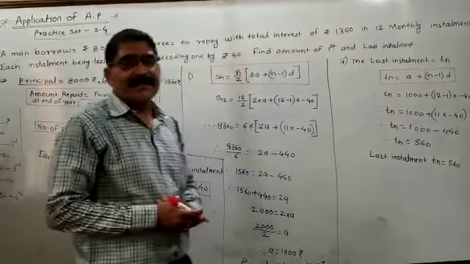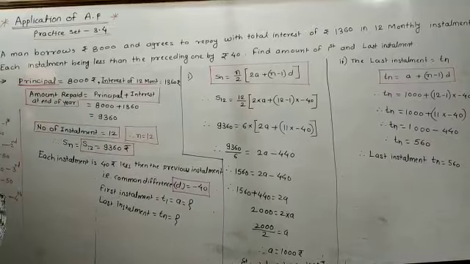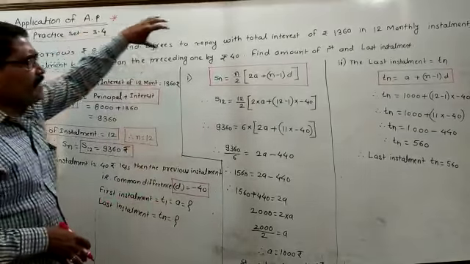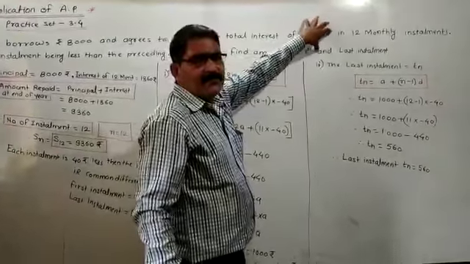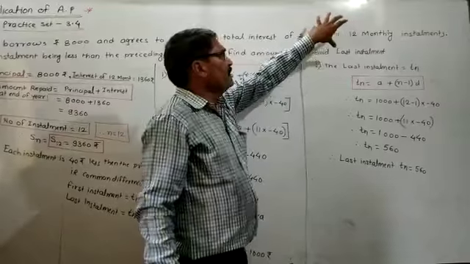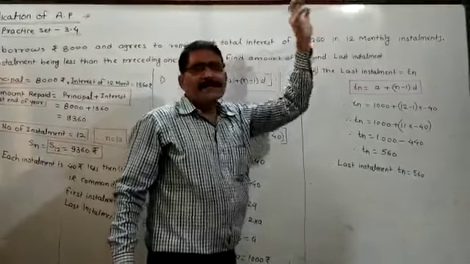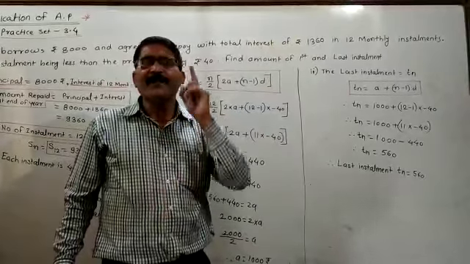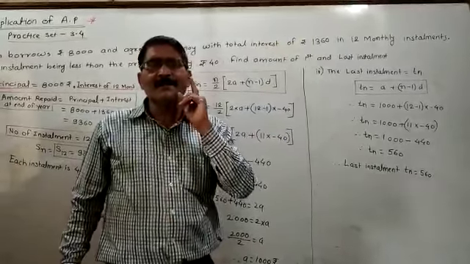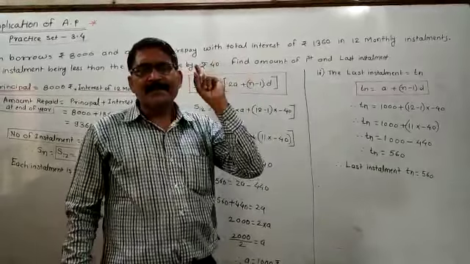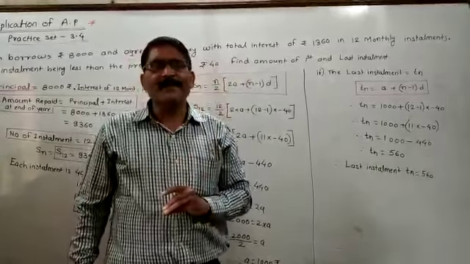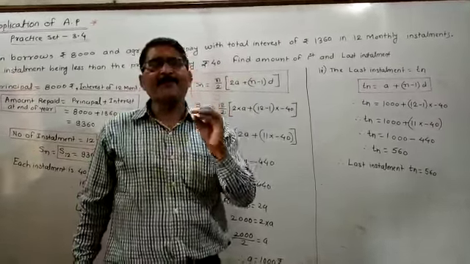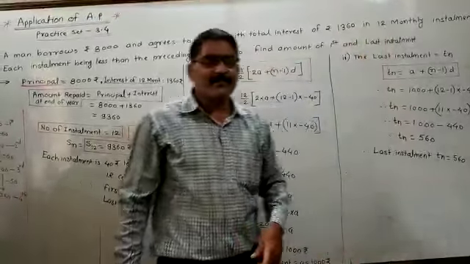Then what conditions are given, you have to read properly. First of all, try to understand this word problem. He borrowed rupees 8,000 and he is paying 1360 rupees as interest, and he is returning the amount because he has to return the amount to the bank. He will not return only the interest or the principal. Whatever amount comes, he is paying that amount in 12 monthly installments.